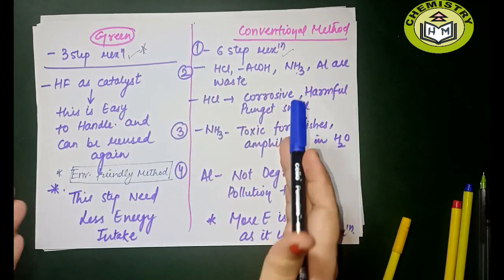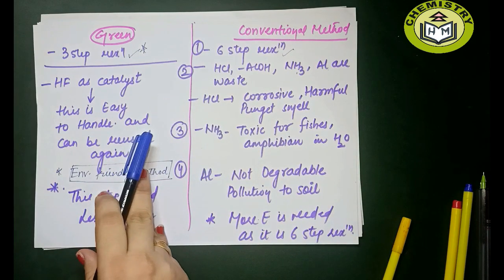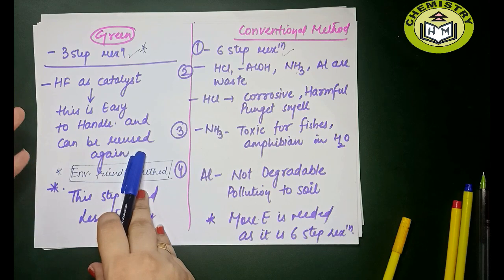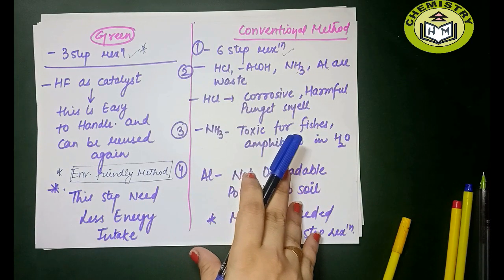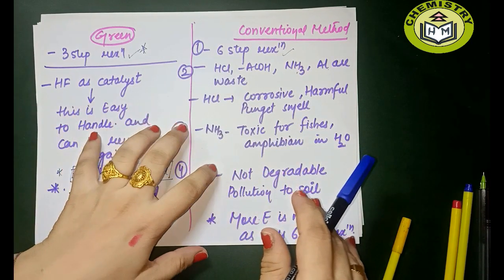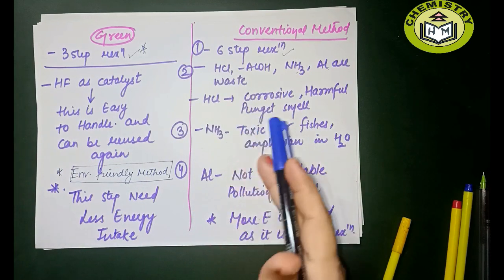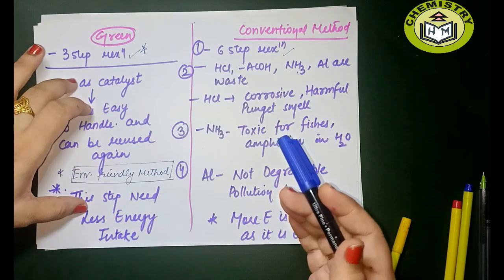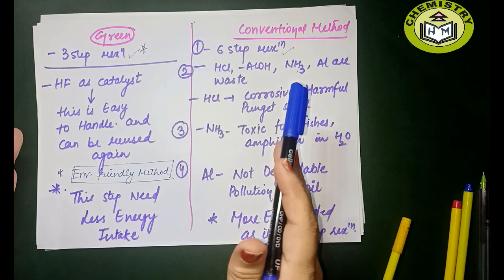Right, so if you compare both methods, I suggest that this method is very beneficial, and if you search journals you will find more green methods. So I think this whole thing, 5 conventional methods and 1 green method, comparison of this is sufficient for your exam. It became a lot, so you can take any 2 methods for the conventional series and 1 method for green, then you can do the comparison. That is sufficient for the paper.